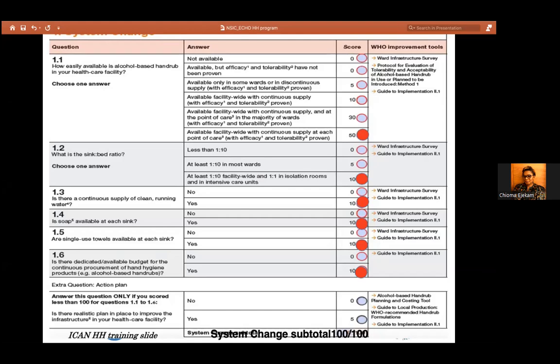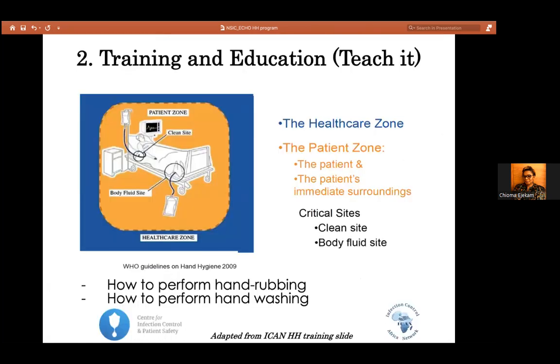So for my makeshift facility, in the system change section of the HSAF tool, these are the scores, and the system change for my facility is scored 100 over 100, because for each focus area or section, you score over 100, okay?